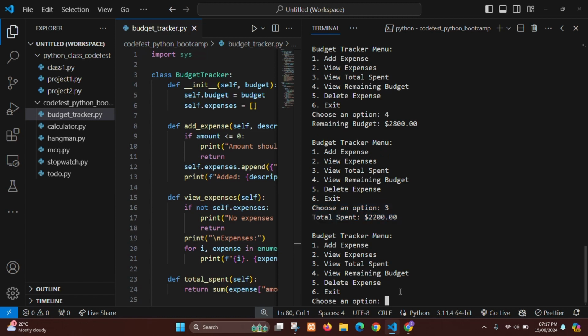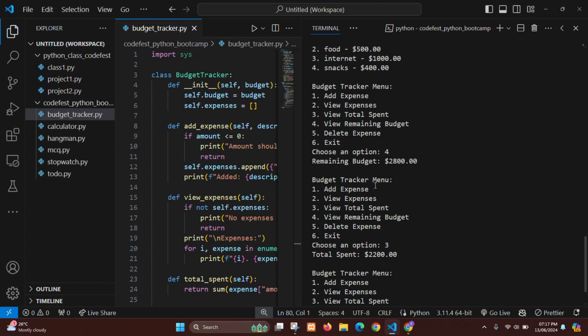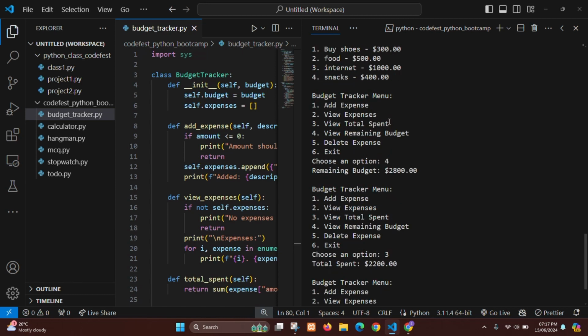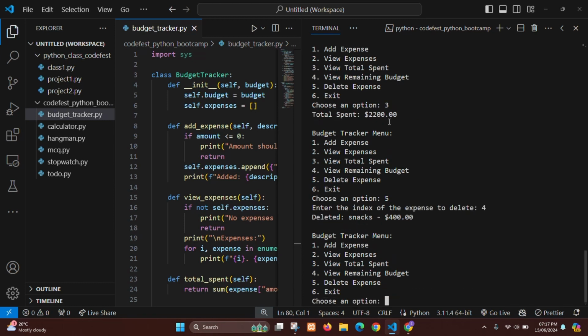Then I can delete an expense. Let me say, okay, I made a mistake. I can delete. Now it's telling me to enter the index of the expense. Now for my expense, I have 1, 2, 3, 4. Now I want to remove snacks. I don't want to add snacks. So if I put number 4, right, and I view again, you can see it's telling me that I've successfully